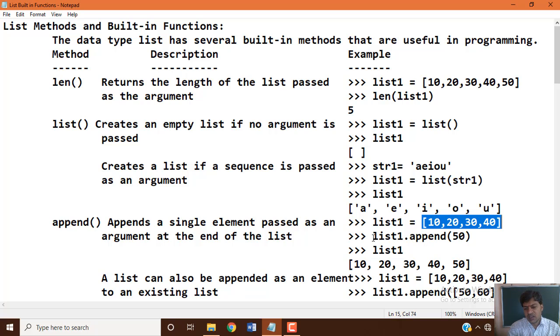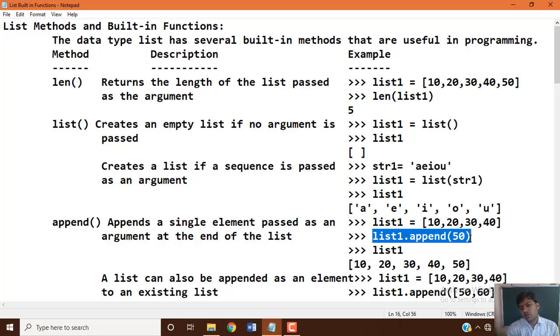The way we use it is the list variable name, dot append, and within the parentheses you specify the value 50: list1.append(50). The data item 50 is a single data item, value, or element that we are passing as an argument to the append function applied to the list1 variable.